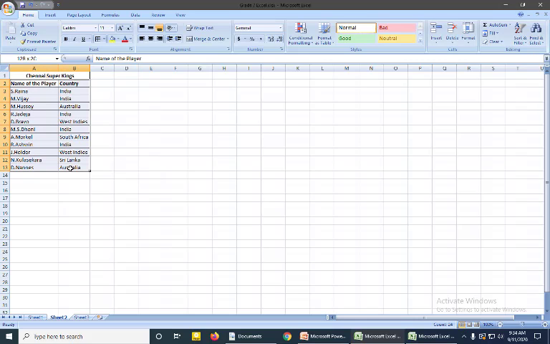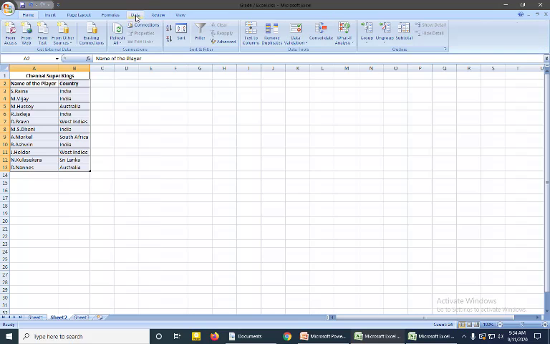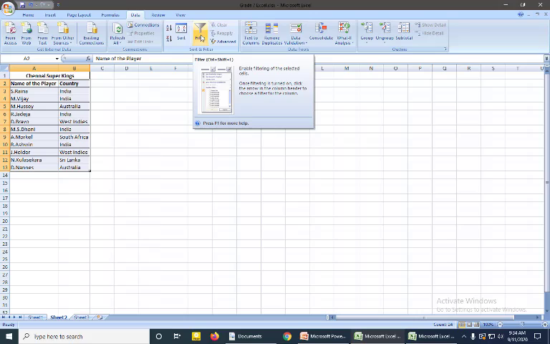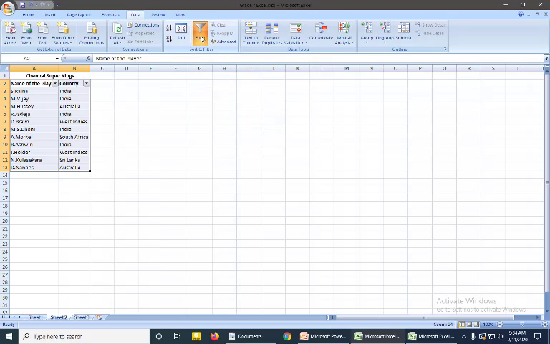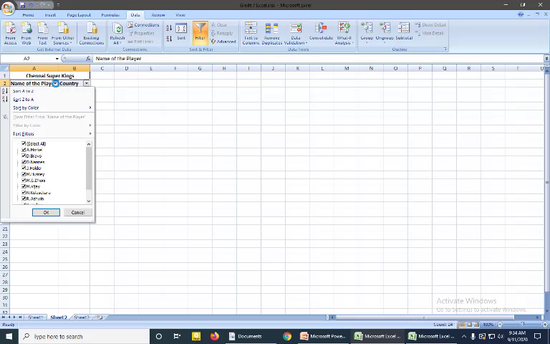So select the table, then again click on data, then click here on filter in the sort and filter group. Here you get the filter applied to the columns. Click here.